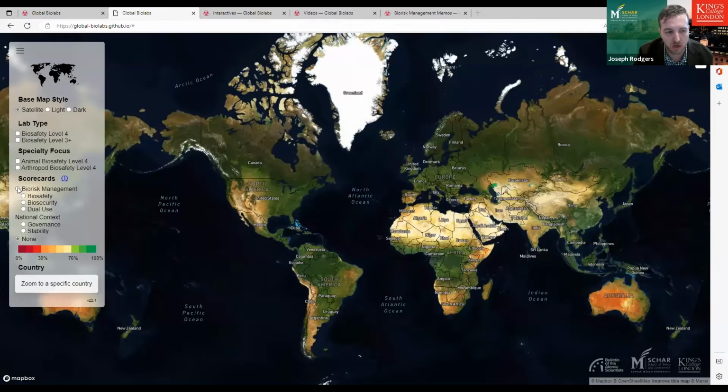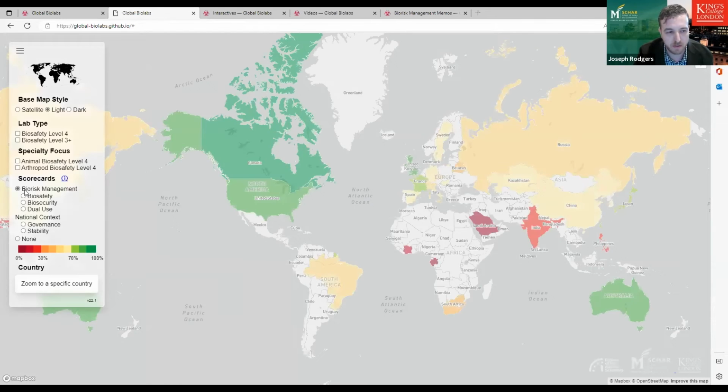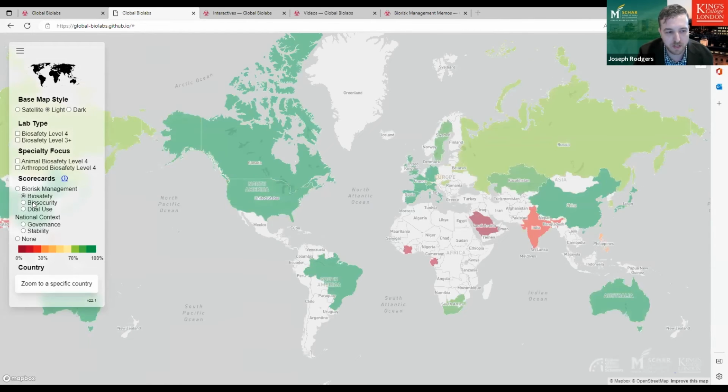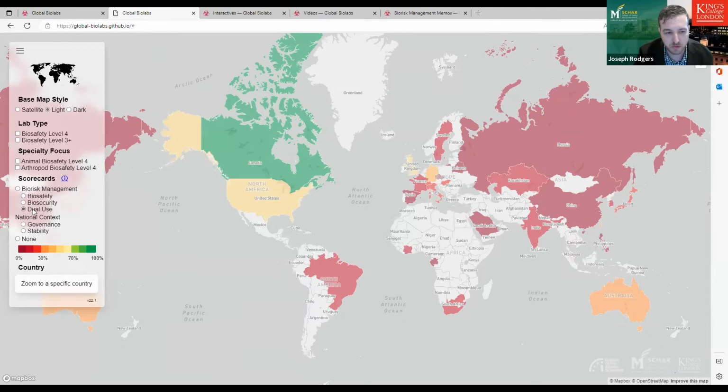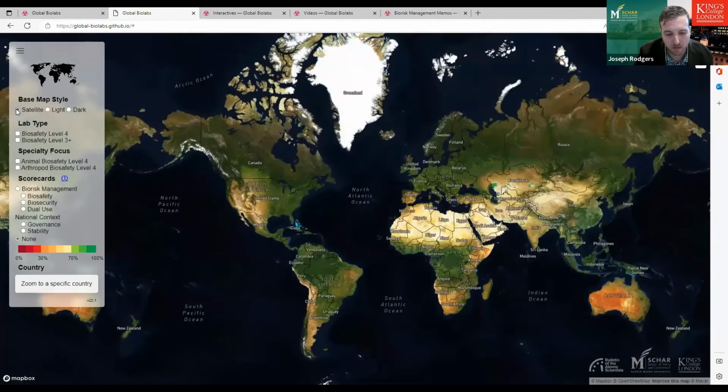the scorecard layers selected. So in order to best demonstrate the scorecards, which are color-coded, I'm going to hit light, and you'll see that you can have the biorisk management, biosafety, biosecurity, and dual use scores. I'll walk through these a little bit later, but that's how these different tabs on the left-hand side of the map work. So with that brief overview of all of the features of the map, I want to walk through a few